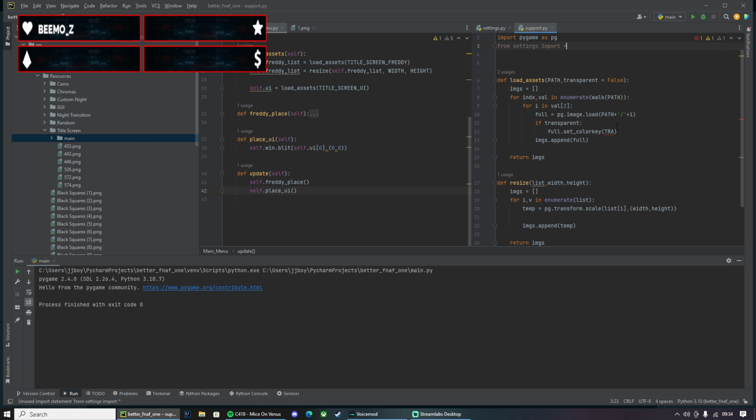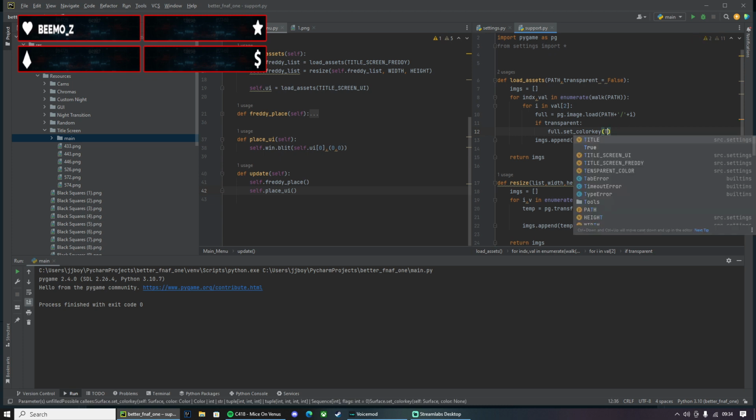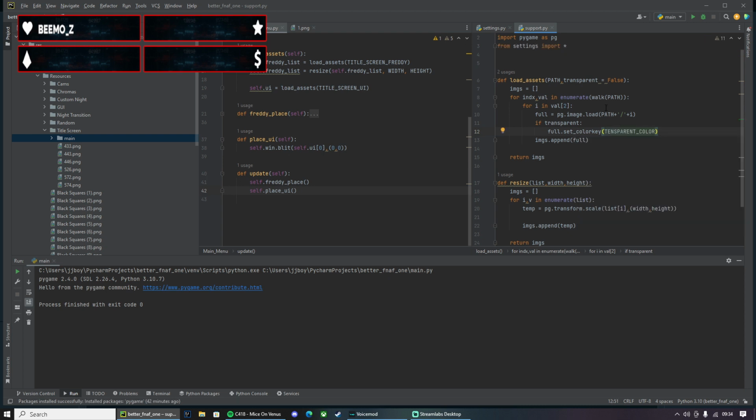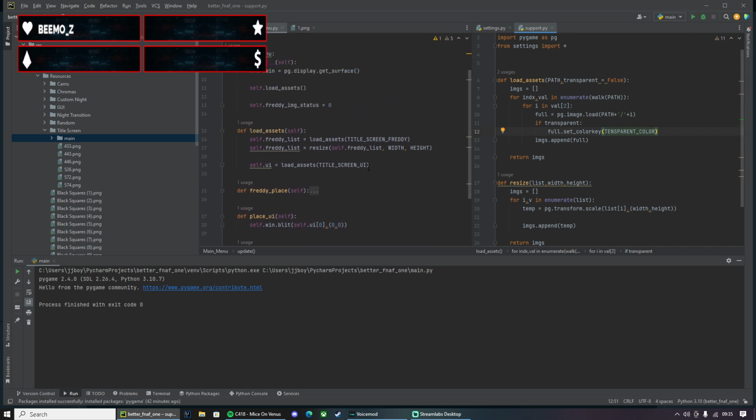Import everything. It's parent color. So we automatically set it to false, but this one will do parent equals true, not title true.